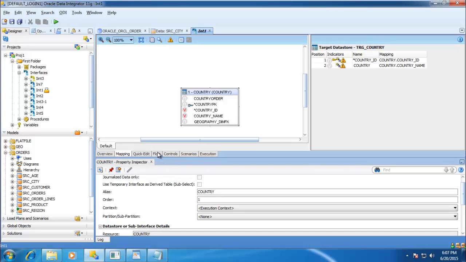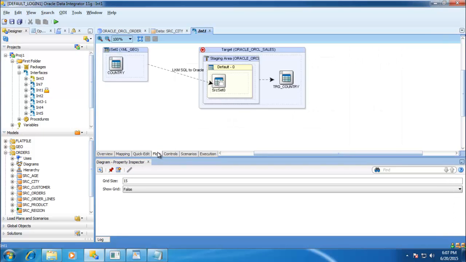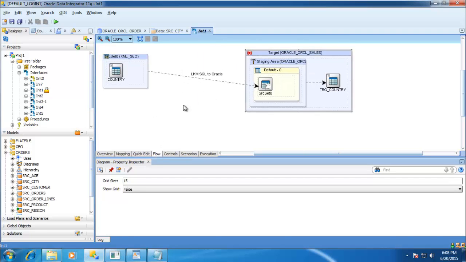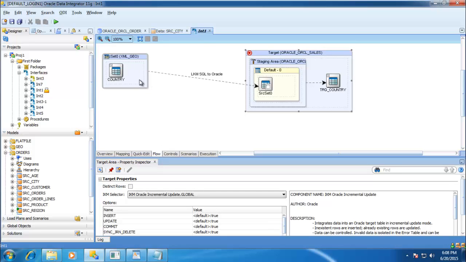And if you go to the flow tab, you can see how the flow of data is going to happen. The data is loading from the source to the staging area, and from the staging area the data is loading into my target place. As in this case, we have taken the staging area in my target database. It's not compulsory to have the staging only in the target area. We can define the staging in any area. You can define it even in the source, or even a third party area.